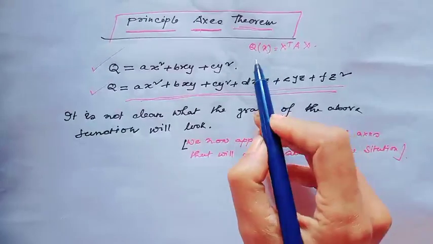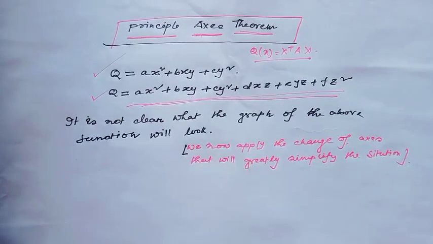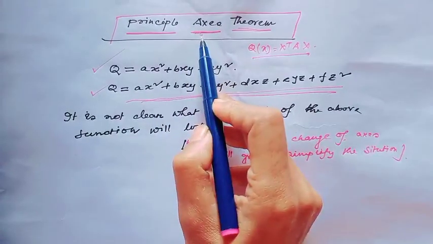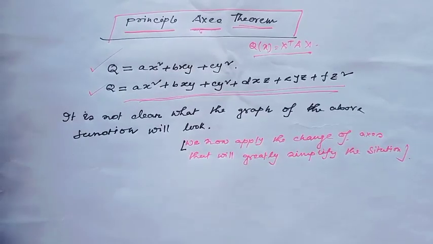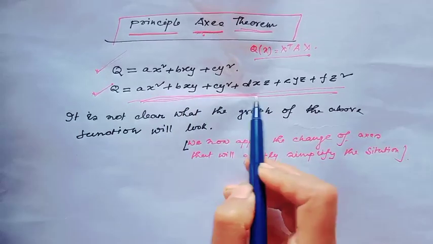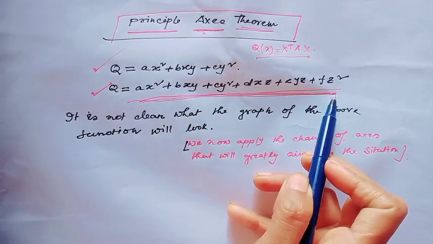What is the quadratic form? Today I will discuss the principal axis theorem. The actual idea of this theorem is to consider a quadratic form, and notice this type of quadratic form is difficult because